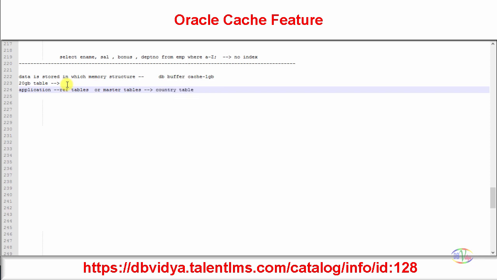If you are working on a trading application, then a currency table will be there. How often might the country table and currency table data change? What are your thoughts on it? Very rarely. So most of the time we create them as read-only tables.